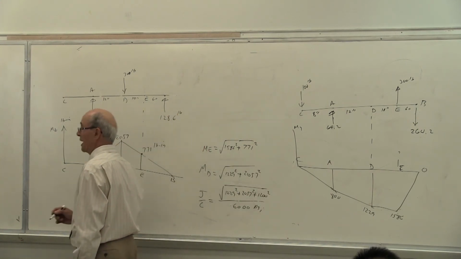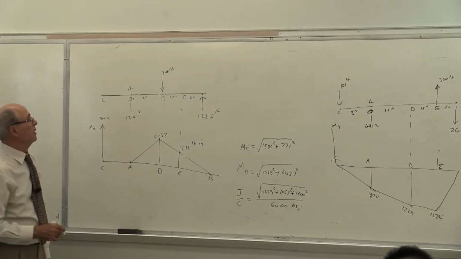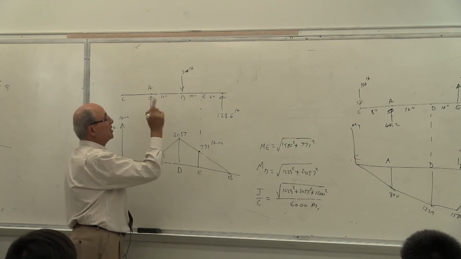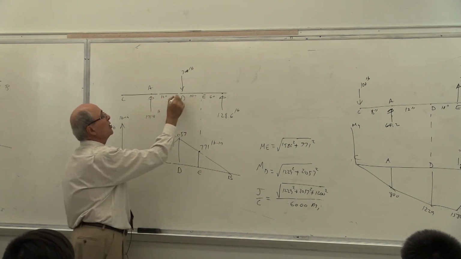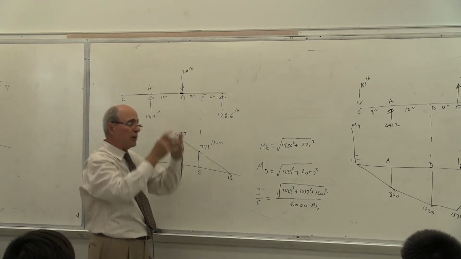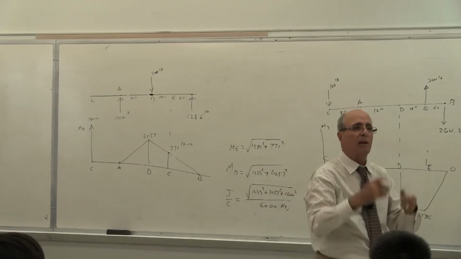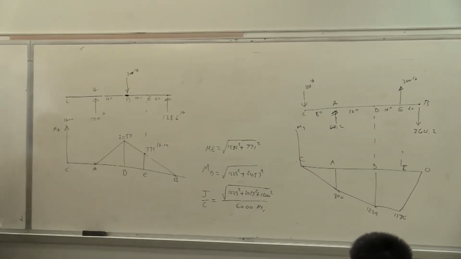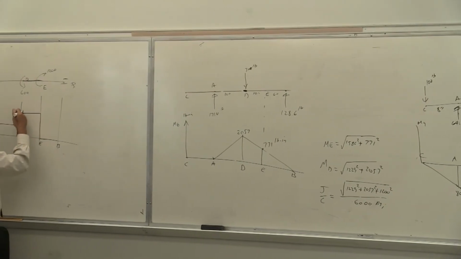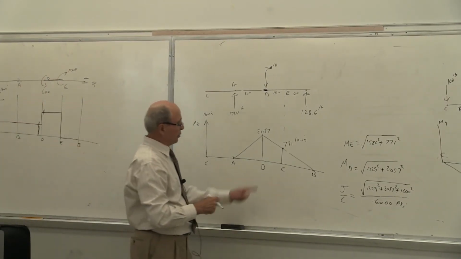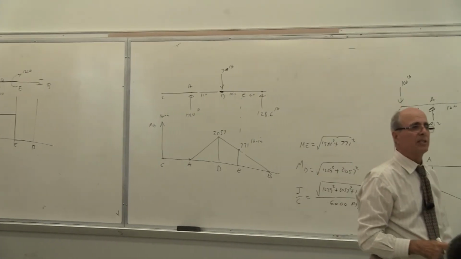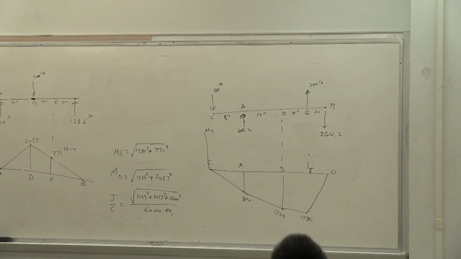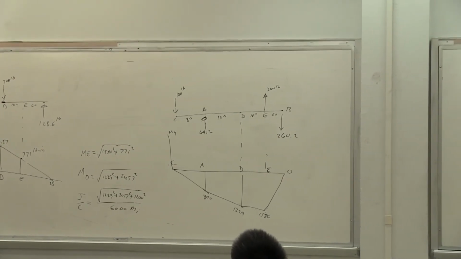Where is the first crack may appear if you don't make it safe? At point D. But left of the D or right of the D? See, that's not the right hand. If you say D, this is not. Because whenever you have a gear or a pulley or something there, left of that point D, the torque is how much? See, right of the D, the torque is? You have to put 1200 here. Everybody understands. So the first crack or the most likely point to break in this shaft is right of D. Is that correct or not?